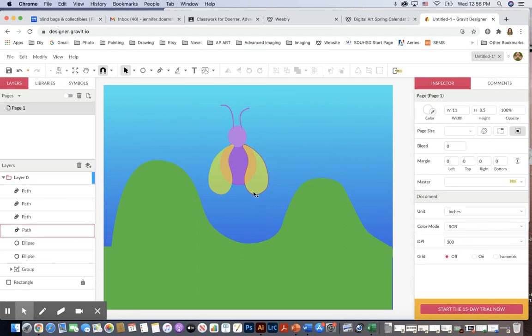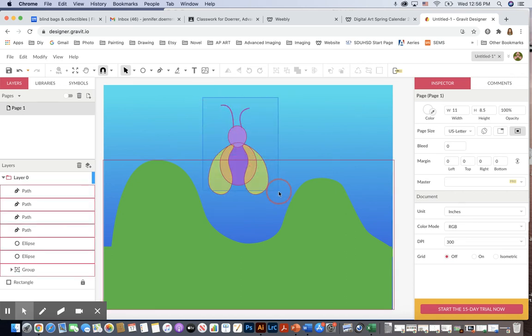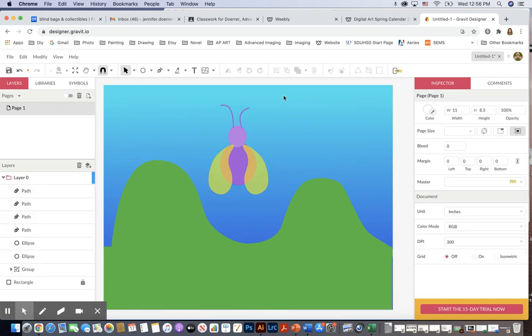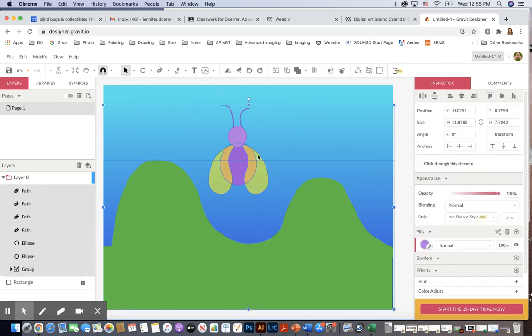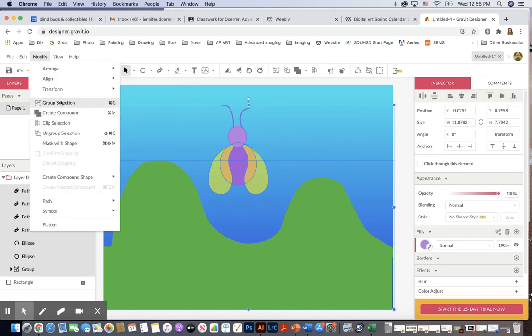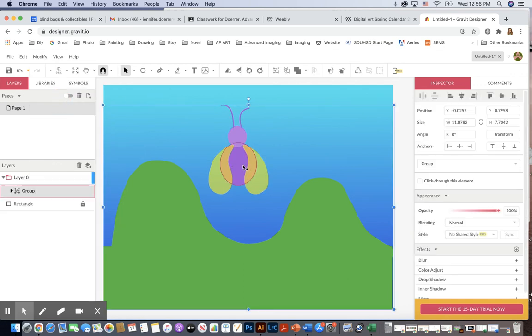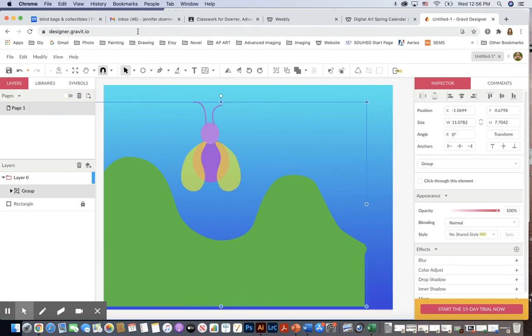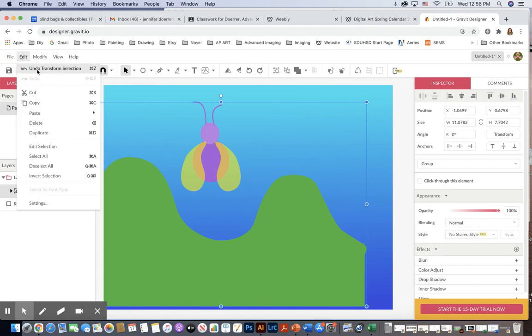Okay, so from here I have my bug, and it's all these separate shapes, and I want to move it around and resize it. Let's group everything. All right, so get your black arrow, drag a box around the whole bug so that you've selected all of it. And if you get some of that background in there, make sure it's locked. All right, so I'm going to select all of it, and I'm going to go to Modify, Group Selection. All right, hopefully that did the trick. Let's see. Oops, we grouped it with the mountain. Let's undo that. Edit, undo,